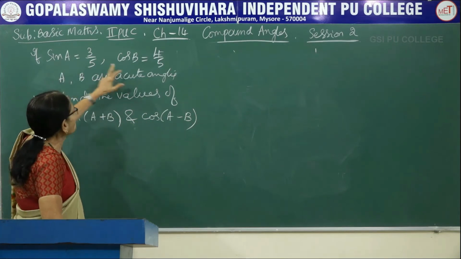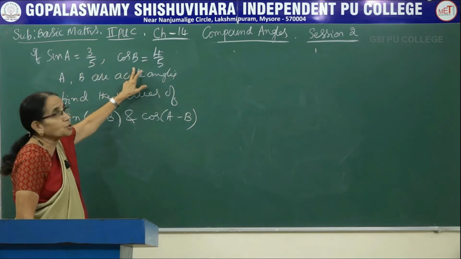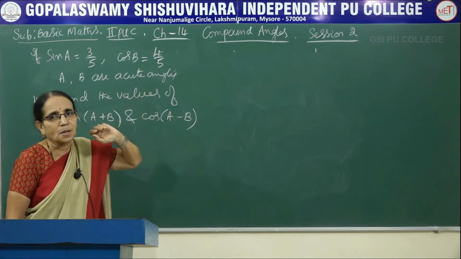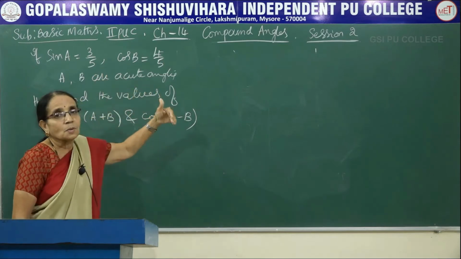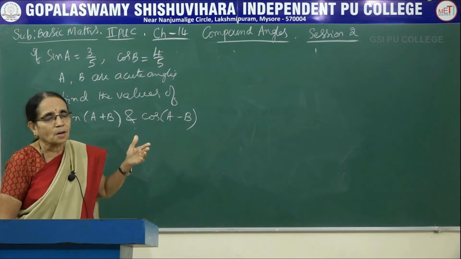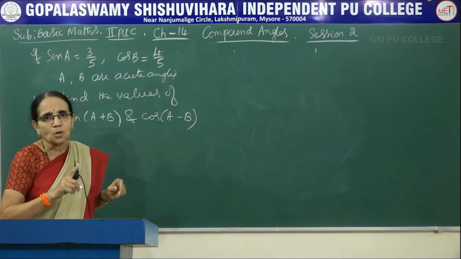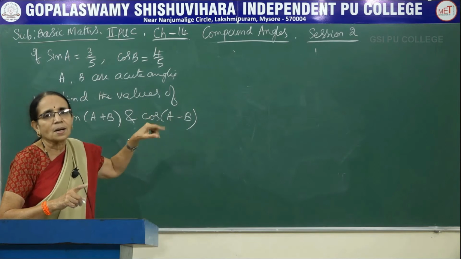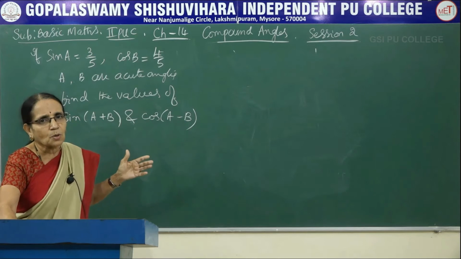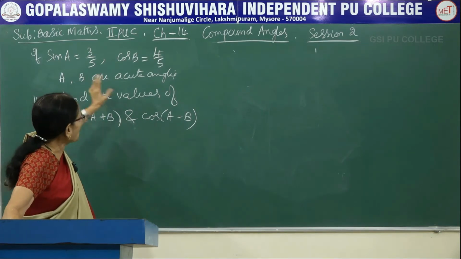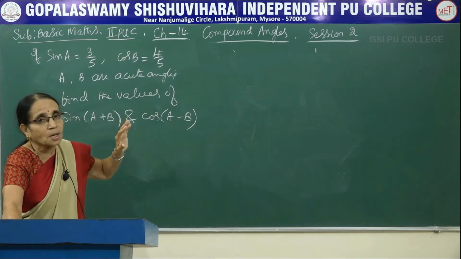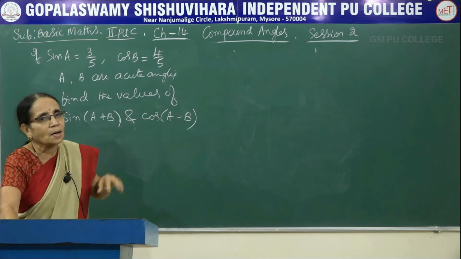Look here, 2 different angles are given and 2 different ratios are given. We have worked out such problems in first year PUC trigonometry, where only one ratio is given and we calculate the other ratio. Suppose sin theta is given, you find the value of cos theta. Then what we do is, when one ratio is given, you draw the triangle, calculate the remaining side of the right angle triangle, then any trigonometric ratio we can calculate. Now here the problem is different, because there are 2 angles and 2 different ratios, therefore you have to draw 2 right angle triangles.